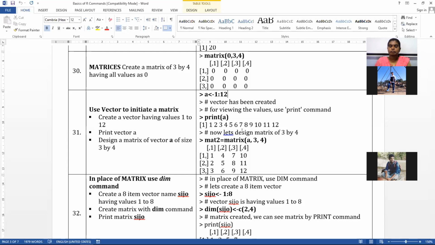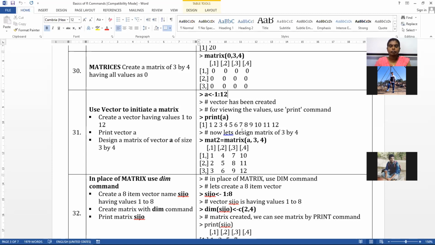Now what we are trying to do is reconfigure this entire vector into a matrix. So how do I do that? We are calling the function matrix. The first attribute is the data which we have to give. Generally we give some constant value like 0 and 1, but here, instead of a constant value, we have given a variable. The variable name is A here. So A indicates that the values present in vector A have to be copied. Then we have given three rows and four columns. So one empty matrix is created with 3 rows and 4 columns.